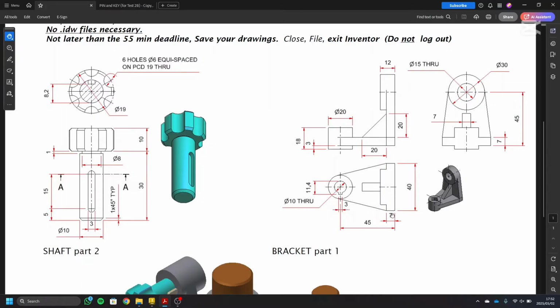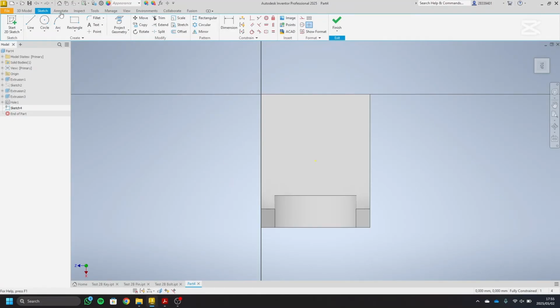and we also know that this is centralized, so this entire thing is 20 millimeters and it has a height of 18. So this is 7, so we can take and this is 3, so we know this distance, we know this distance over here, we can figure out this distance over here, which should be 8. So okay, so we can project geometry on this, and then we can create a circle over here, something like